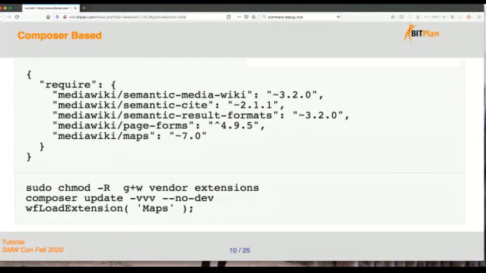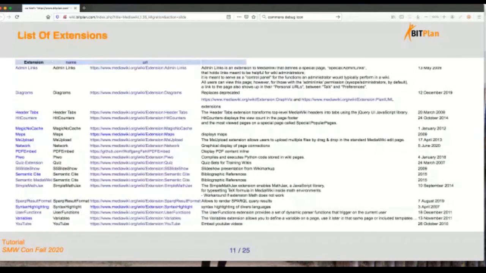Page forms might be something you're using, or maps, or whatever is in your composer.local file, and then go ahead and simply do the installation for that. That's usually the part that doesn't give you too much trouble. And if you do some kind of test wiki, you can try out that everything is working. And up to that point, you'll probably not be in trouble and just love your 1.35 installation, which is just so much nicer than the old ones. You might get a visual editor and all the new features. Until then, everything is probably great.